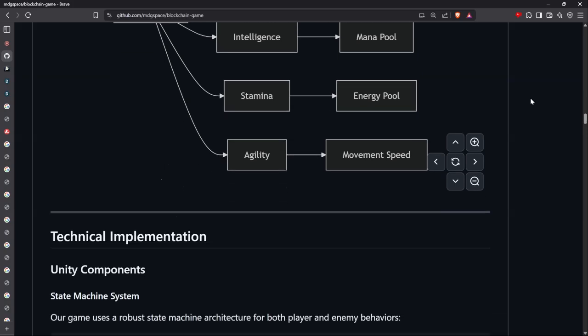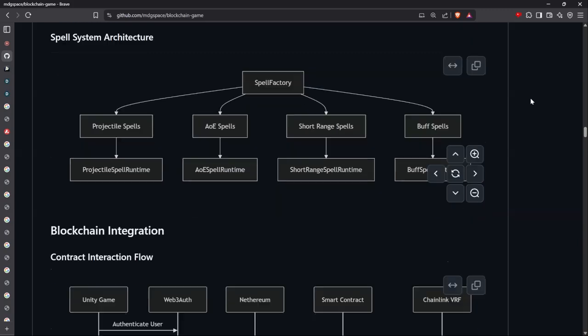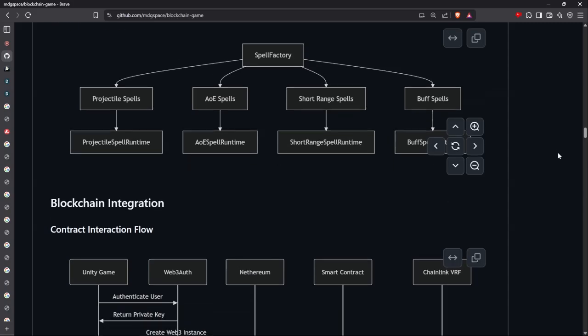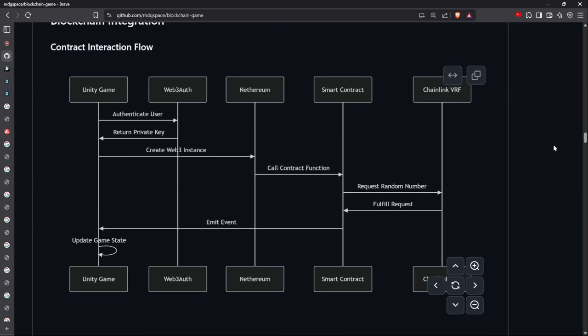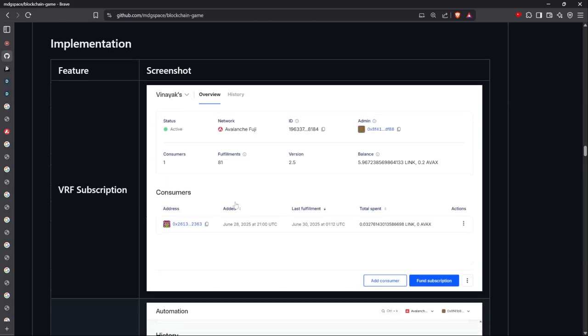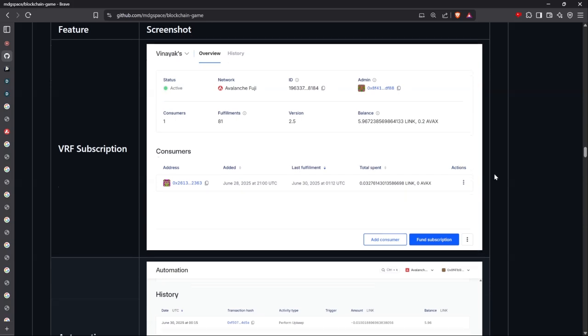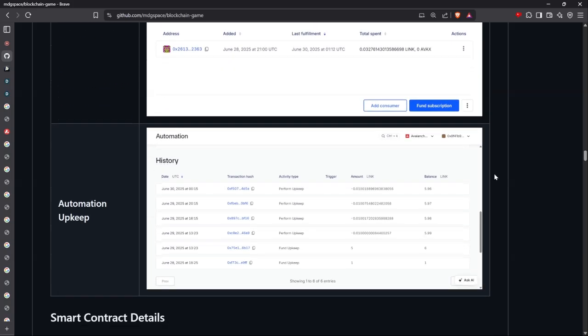And as we move on to the architecture, we have a complex spell system architecture in Unity which utilizes scriptable objects. And then we'll move on to the blockchain integration, which has been done through Ethereum and Web3Auth for authentication. This is my VRF subscription, and this is the VRF upkeep, the automation upkeep. Here you can see that the